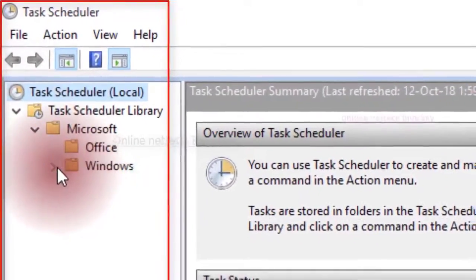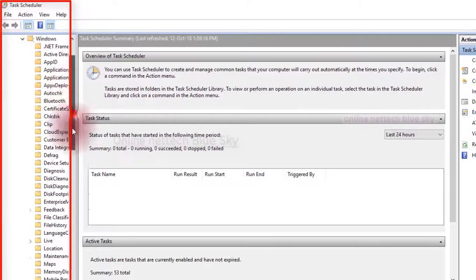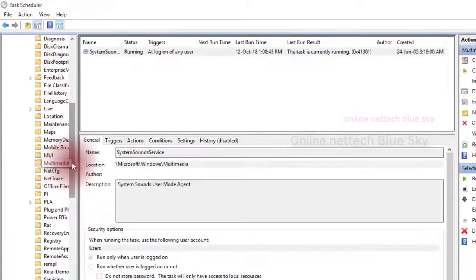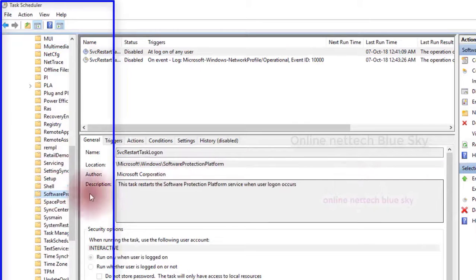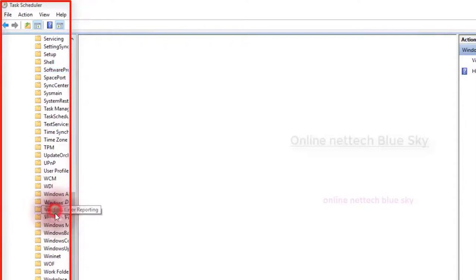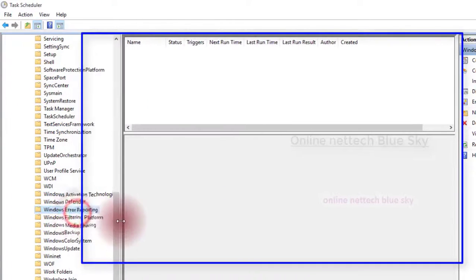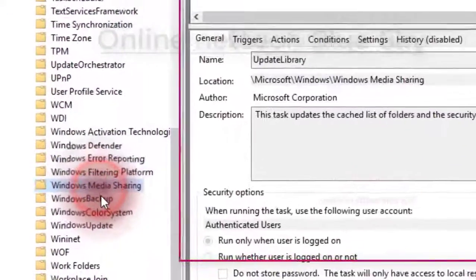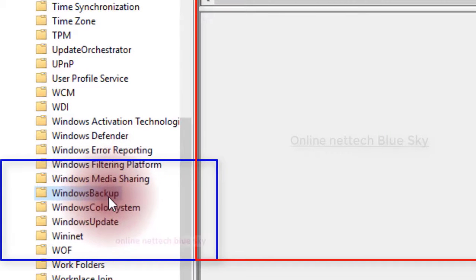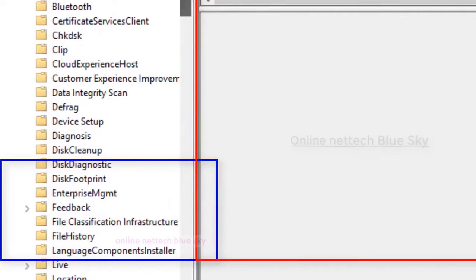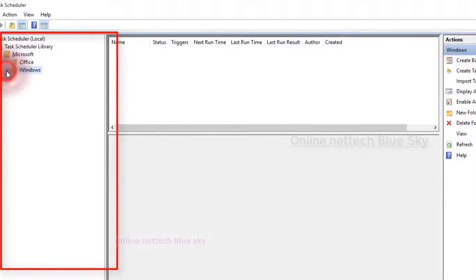So click on Microsoft, then Windows here, and all the different available tasks, with some tasks already created and started by default by your operating system. But we are creating only manual ones, and you can see the main center area. I click on any computer, any software already created, and you can see Windows Backup. Windows Backup works only with your timing duration.